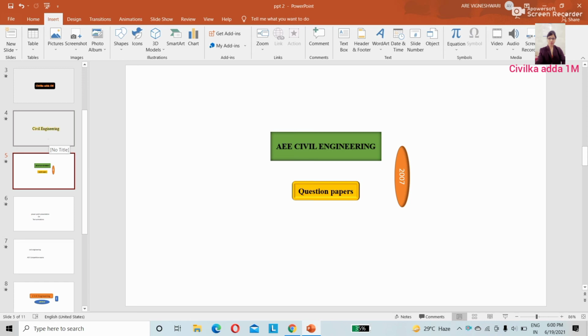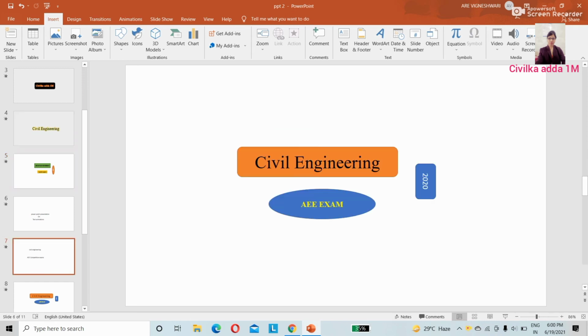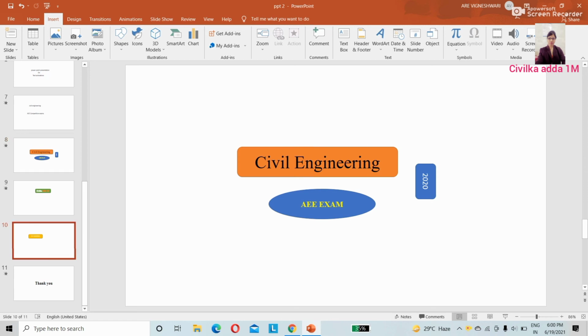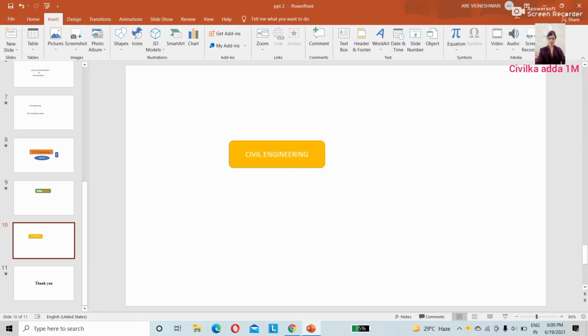So I don't want you to learn only the particular content. I want you to learn the overall thing, how you can do it, so that you can do in your own different styles, in your required style, or however you want to show your text. So those ideas you can put in if you know how to do it. If I only show the particular thing, then you will not have the idea of doing the other one. So let me show you how we can do it, so that you can do it in your own way.